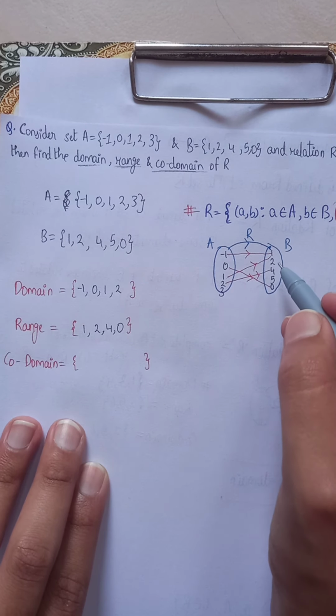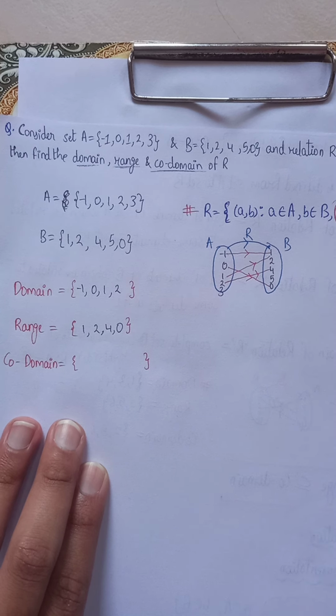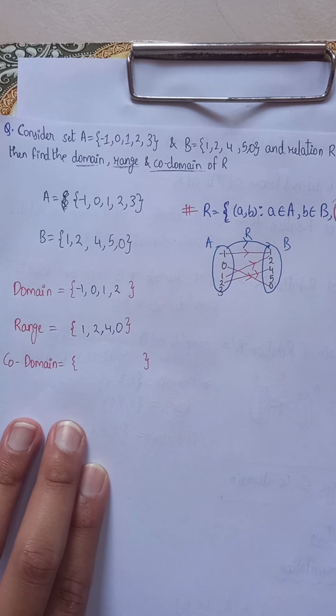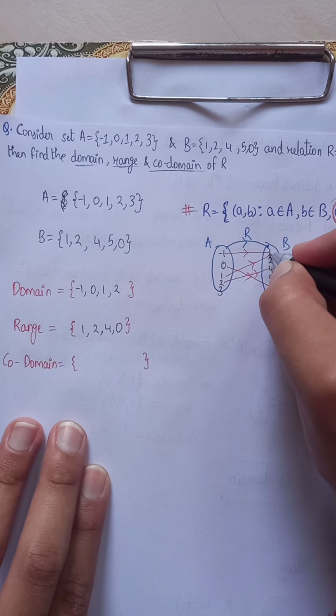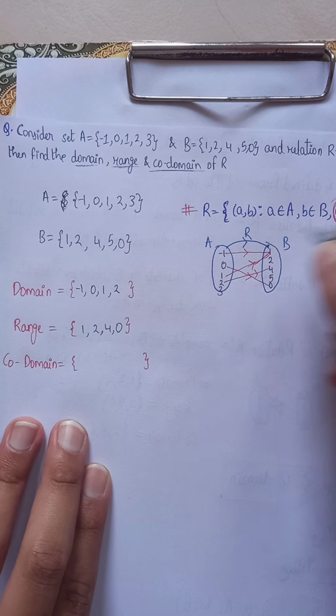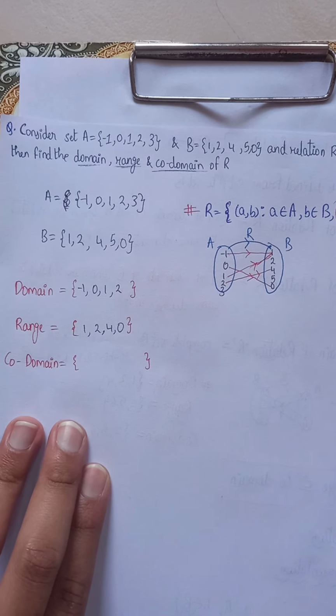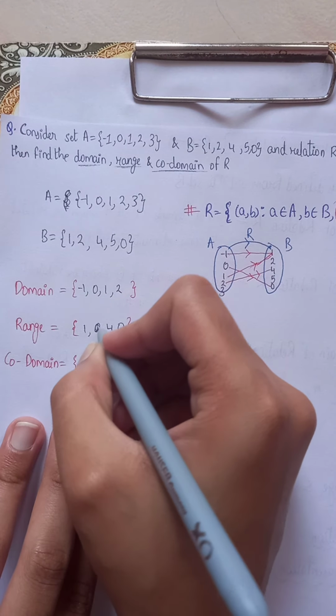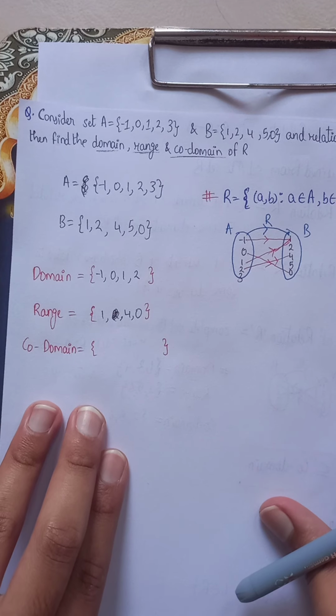Okay. So, oh, you see, there's a mistake. What is the mistake? You should not commit this in the exam also. See, while drawing the arrow marks, you need to draw them clearly. See here how I drew it. It was like just showing 2. Okay, so do not do it like that. So 2 doesn't come in the range.